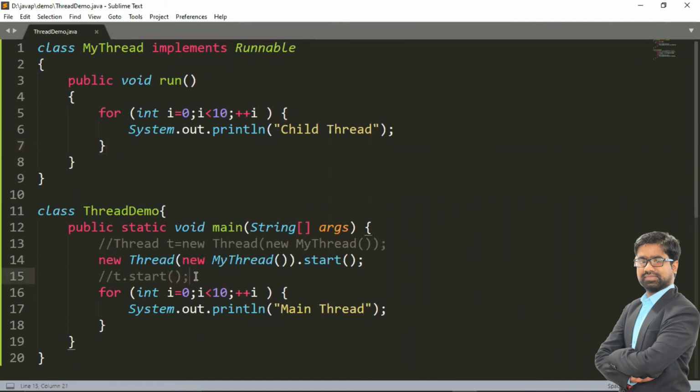Yes, you can call the run method directly, but it is not a thread. If you want to create a custom thread, you need to call the start method. When we call start, a new thread will be created, and start has logic to call run internally, and the overridden run method will be executed.